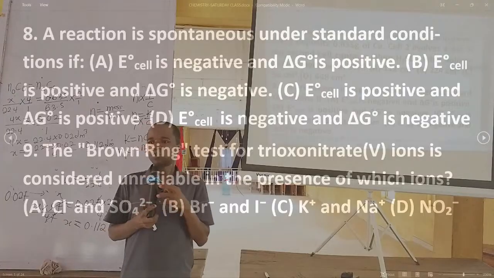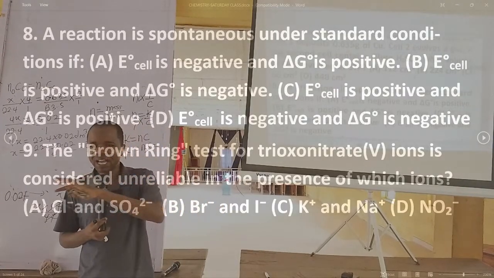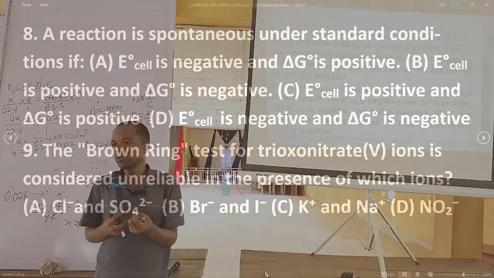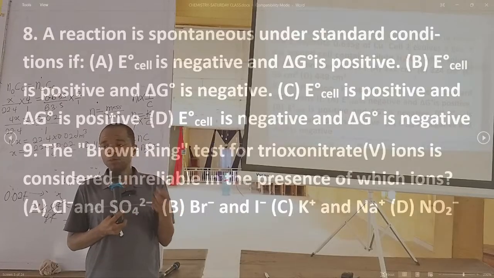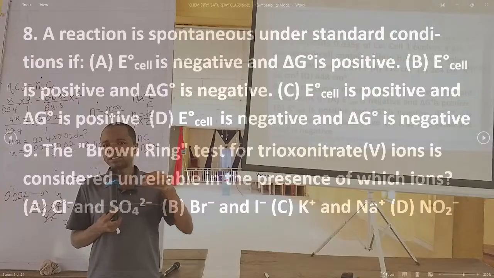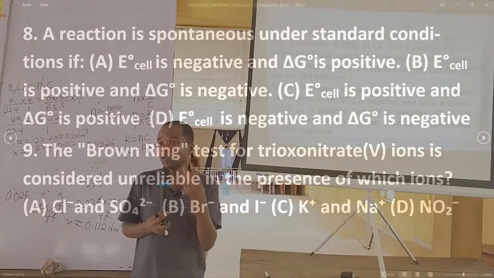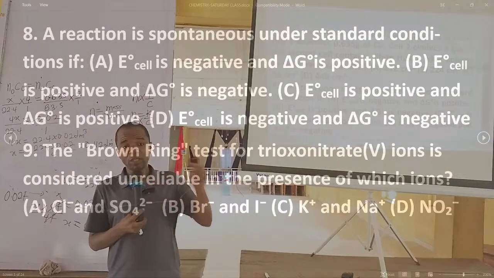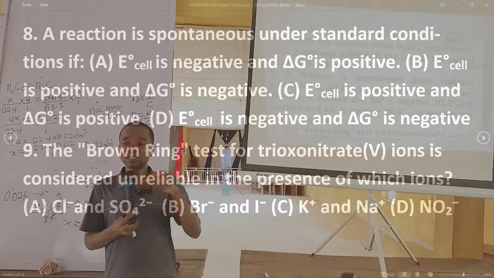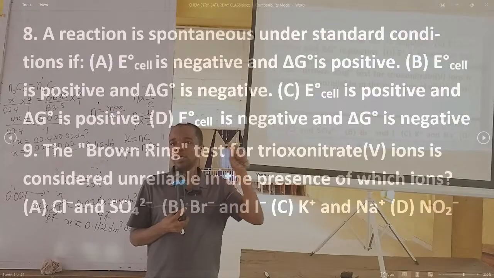So in chemistry, there are certain conditions for spontaneity of a chemical reaction. For an ordinary chemical reaction, not a redox reaction, for a reaction to be spontaneous, what we require is just the value of the Gibbs free energy, delta G. When delta G is negative, it means the reaction is spontaneous. Because the value of G can be 3 things. G can be negative, G can be positive, G can be 0. So when delta G, the Gibbs free energy change, is negative, it means